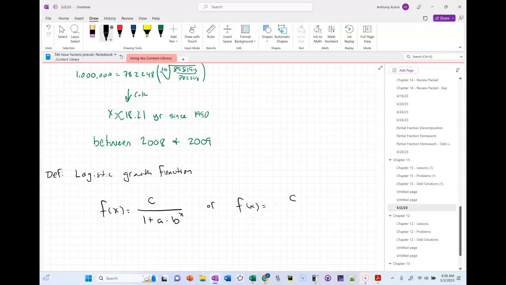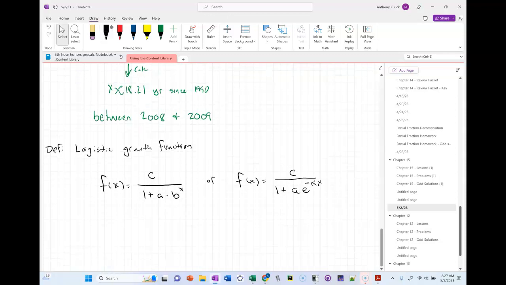And again, you could model this either with a general exponential or with that. Okay, this is dumb. Okay, so